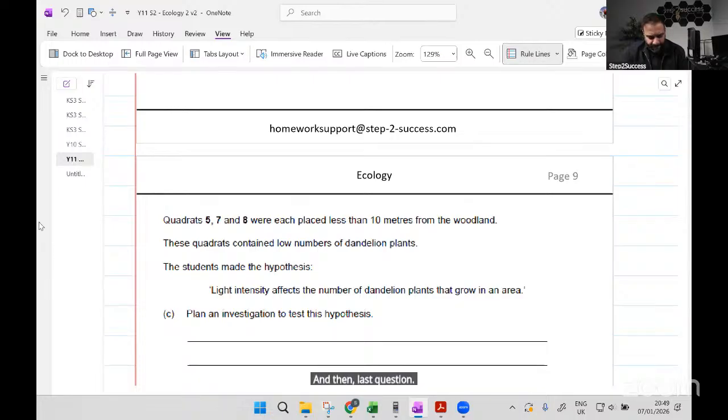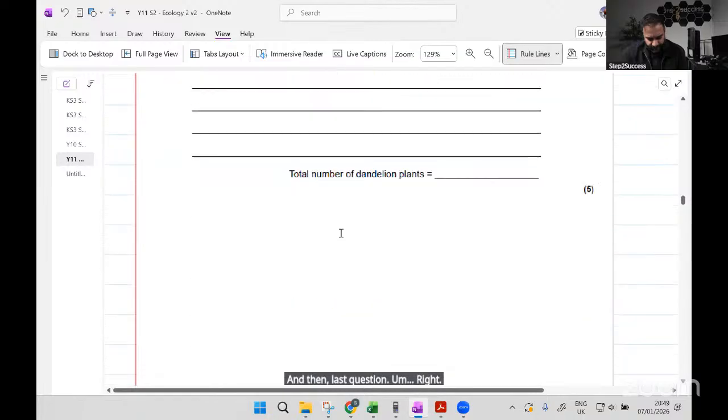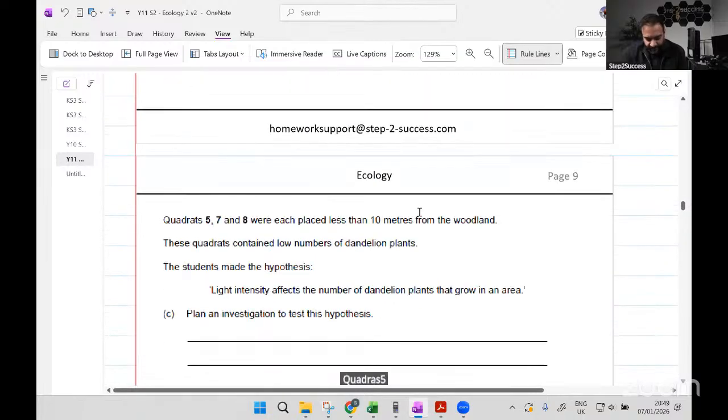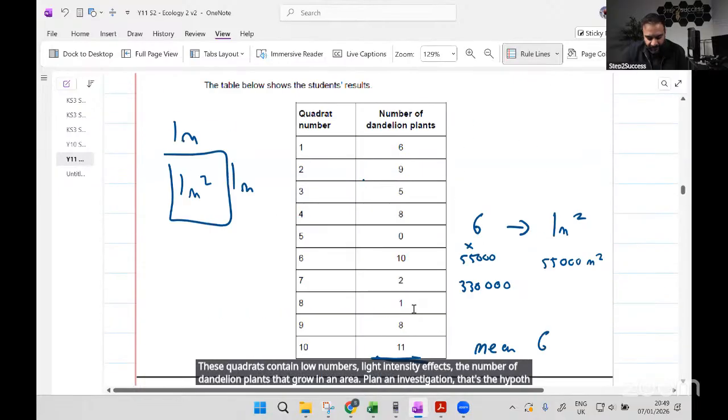Right. Quadrats 5, 7, and 8 were each placed less than 10 meters from the woodland. These quadrats contain low numbers. Light intensity affects the number of dandelion plants that grow in an area. Plan an investigation to test the hypothesis. So what you might do is,